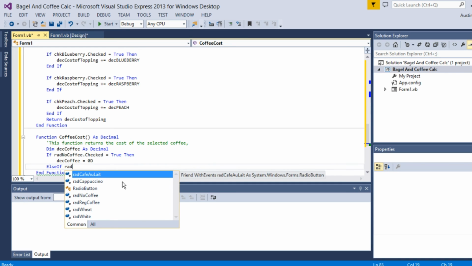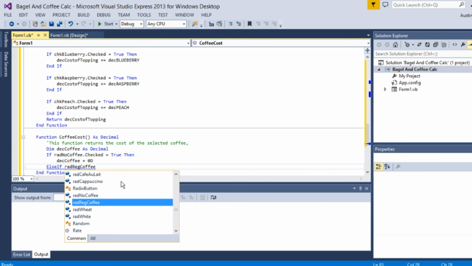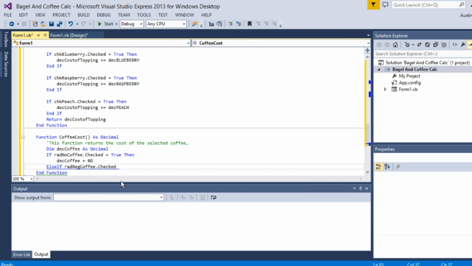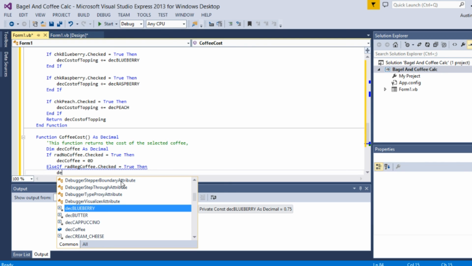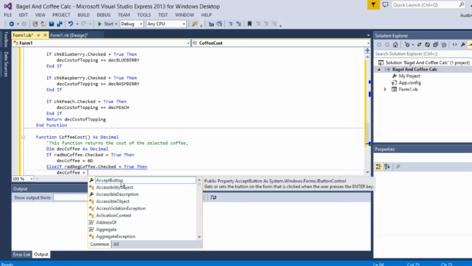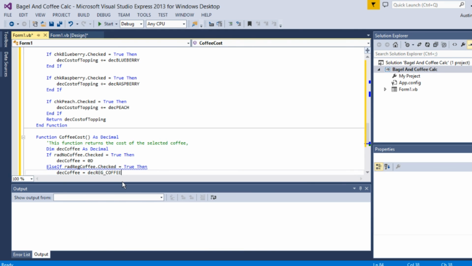rad regular coffee dot checked equal true, then it's gonna deck coffee equals deck plus equals deck regular coffee, else